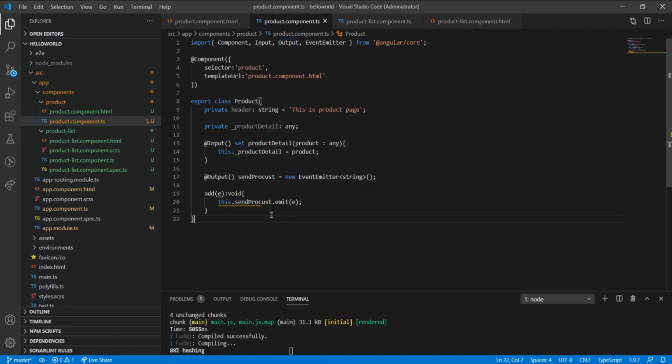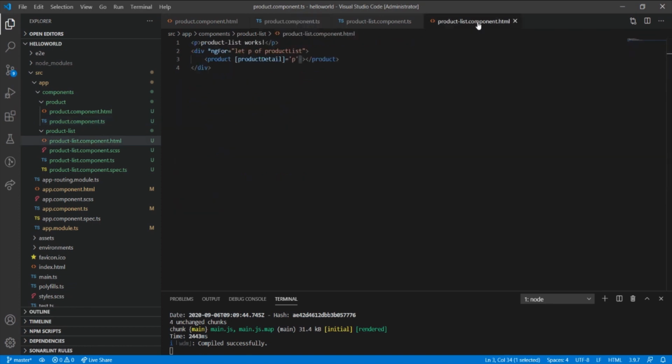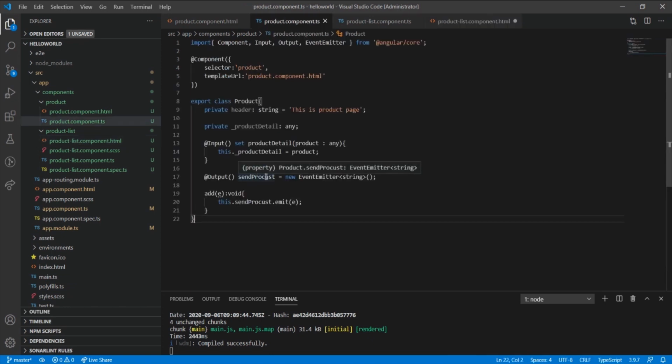Okay, so now the child wants to send data to the parent. So we have to have a listener or an event binding in the product list. So what we have to do, we have to bind this event. The name of the event is send product.